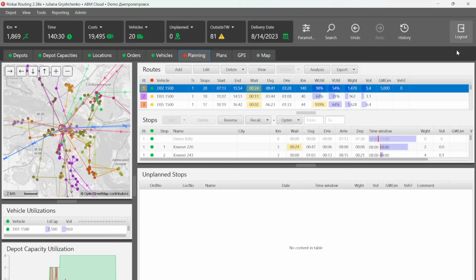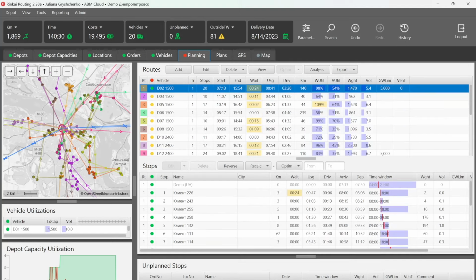So here we go. We have planned all roads. And right now on our map, we can see it's an interactive map. We can see all these vectors, which show you how this road is going to be built. It's important to mention that the logist can choose whatever sequence of delivery points he wants to do. So right now we can see the suggestion from the system,